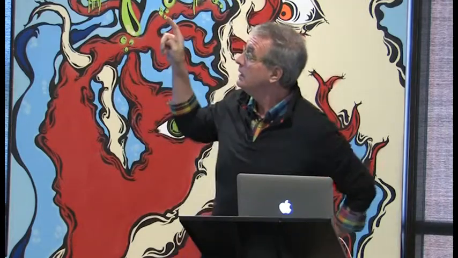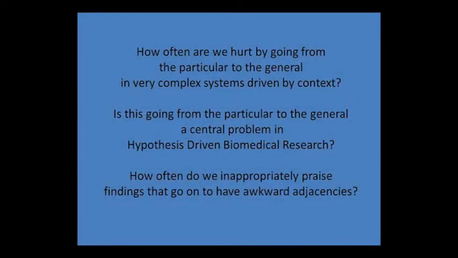How often are we hurt by going from the particular to the general? What most people do is they go, I'm going to work on apoptosis, or I'm going to work on stem cells. And they go in and they find a particular little finding, and they build it up, and they see if they can get the editor to buy that this is going to be the answer to cancer. And if it is, it goes into one named journal, and you get your first or last author, you get your high H factor. Most people are incorrectly trying to generalize from the particular.